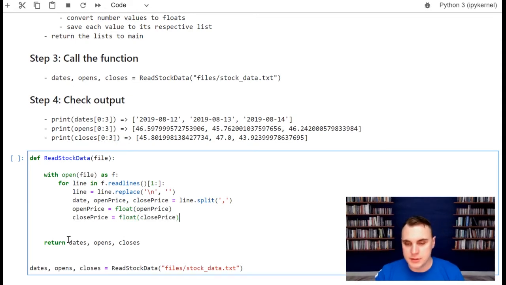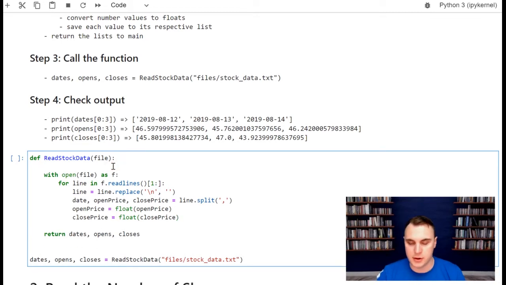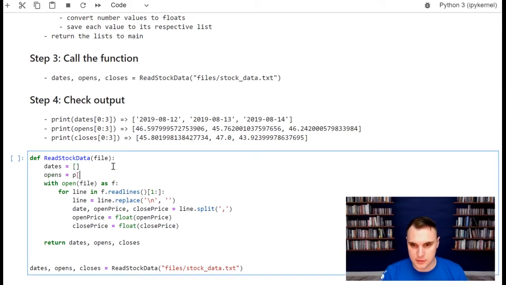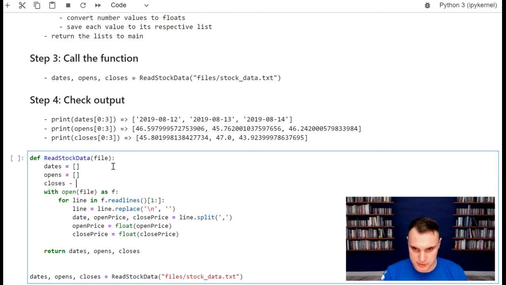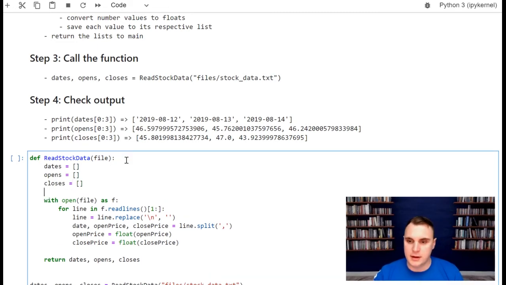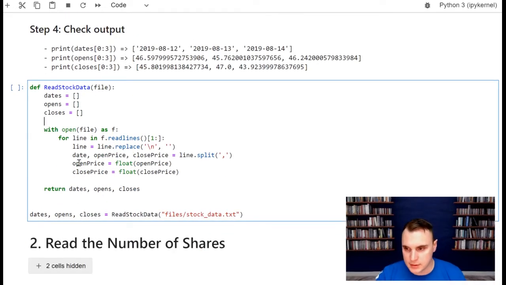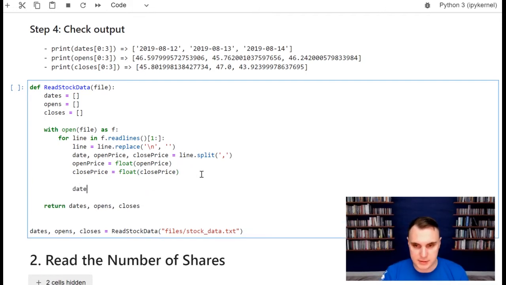Okay. So now, this will give us the date, the opening, and closing price for each line, but we need to save those into some list that we return. And those lists are going to be called dates, opens, and closes. So before we even open the file, let's go ahead and make those empty lists. So dates, opens, closes. And we are going to be appending, remember appending is when you add a new value to a list. And since the list is blank, we're just going to be adding those values and creating the list as we go. So we're going to say dates.append date,